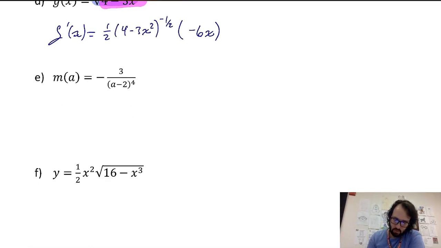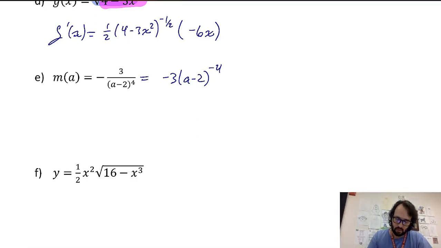All right, then this next one. The big thing that I see is this is a quotient, but what I can do with this is rewrite it as negative 3 times a minus 2 to the negative 4. And then it becomes a much simpler chain rule problem,